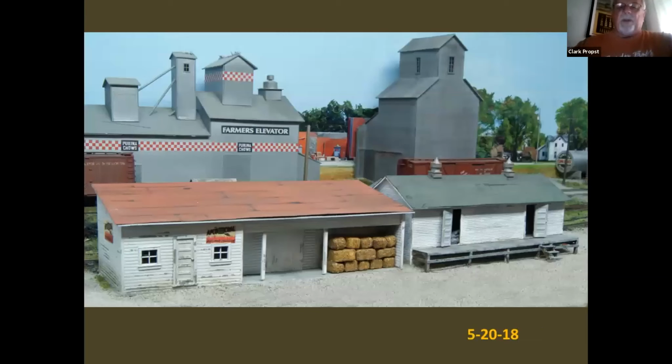Well, these are the two buildings when they're set in place. I put some sacks inside that guy. I had some vents from, I picked up a whole bunch of SS Limited parts at a Socony one time, and what's really irritating is that